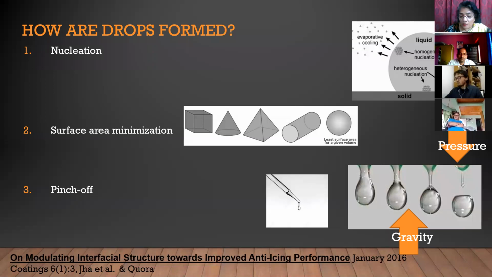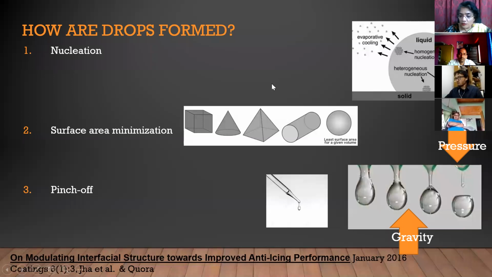Like if you, in a laboratory, have a pipette and you start blowing from one end, on the other end you will see a drop that is formed. And that will elongate, what is called a pendant drop. And this is because of a phenomenon called pinch off. That is, initially the drop elongates and then the neck gets cut off and then you have a drop formed. These are understood to be the three main mechanisms by which drops are formed.